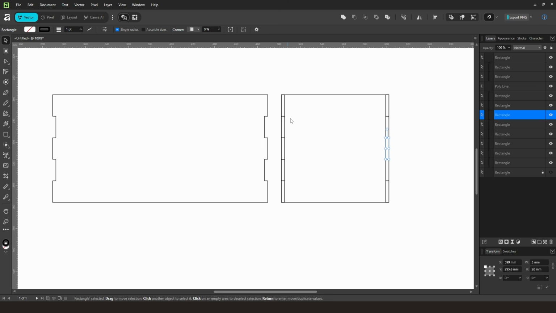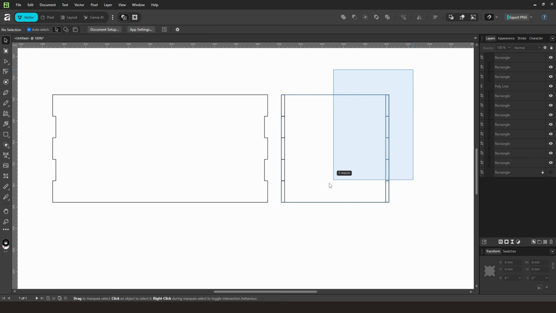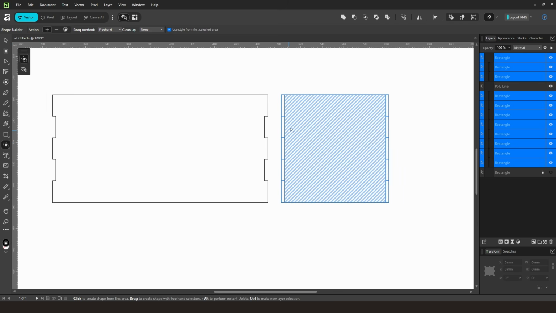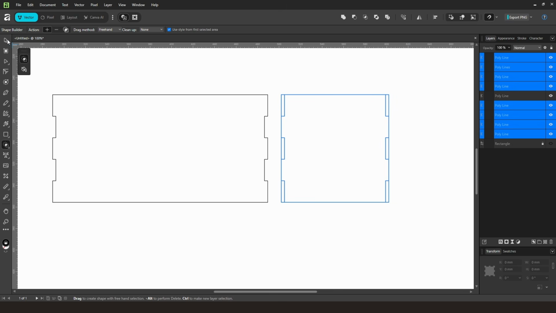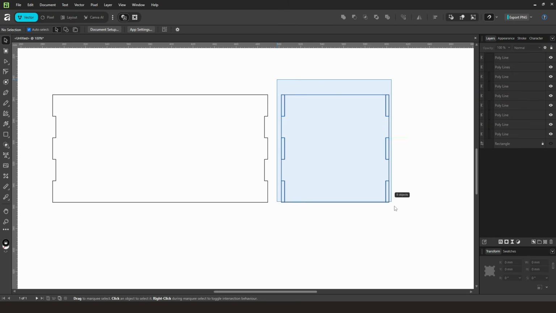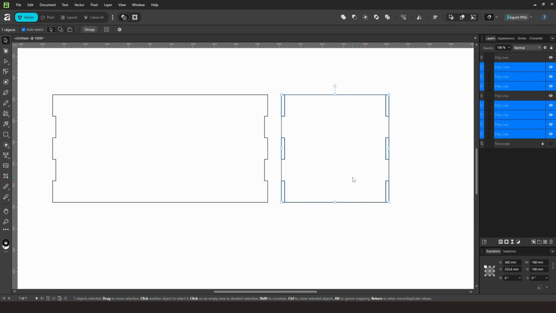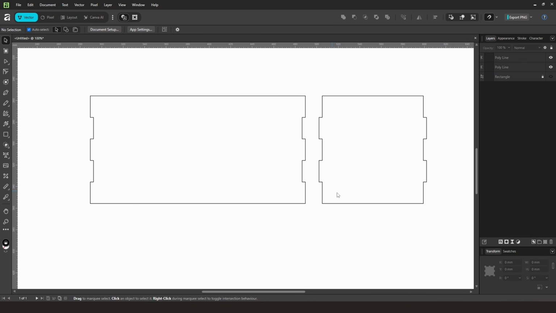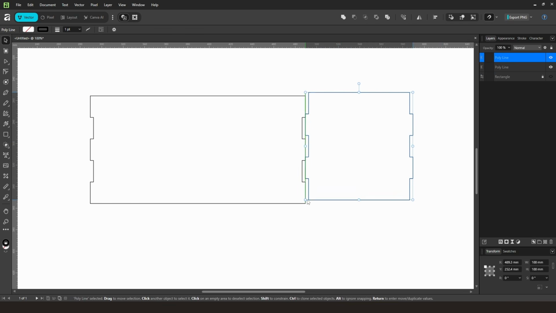And I'm going to do the same thing with this one, but the opposite way. So I'm going to select everything, go to the Shape Builder, select that, and we want to select this one here, and the same on the other side, just like that. Click, select everything, Shift drag select and delete. So now we can see that this one would snap into this one,